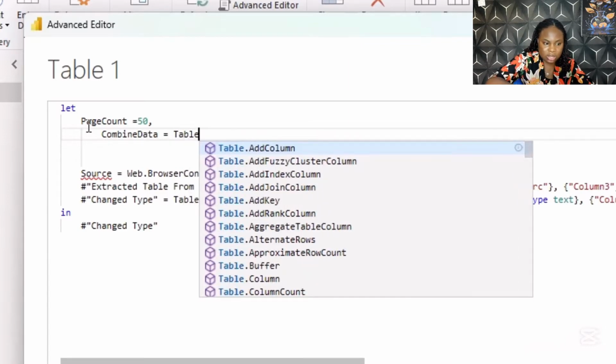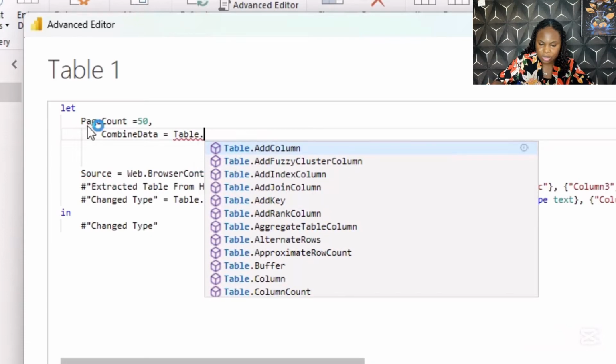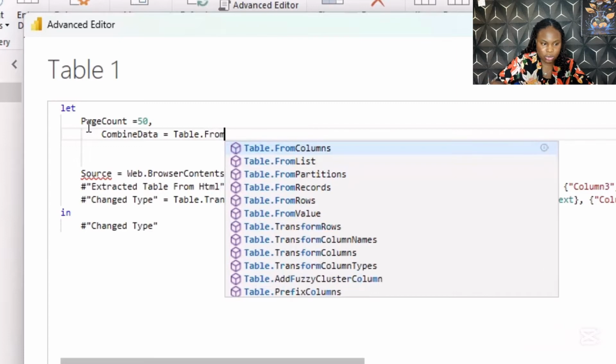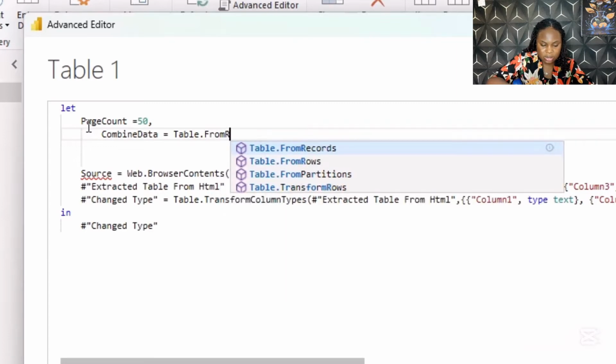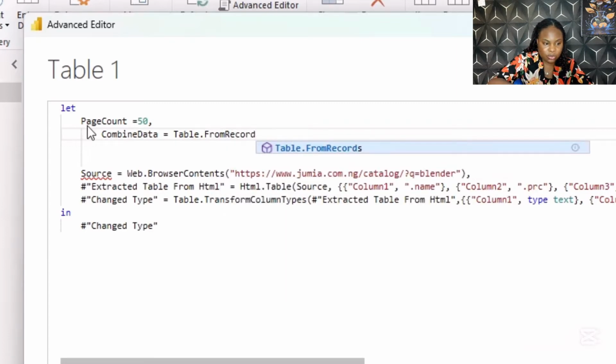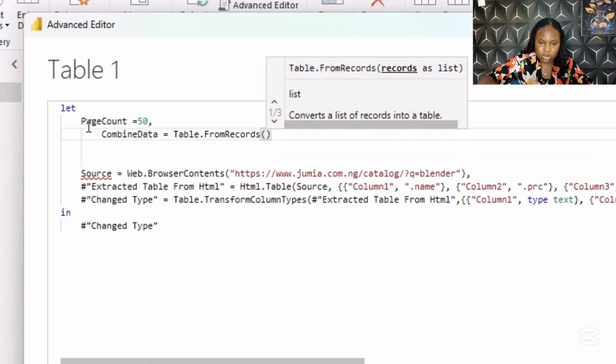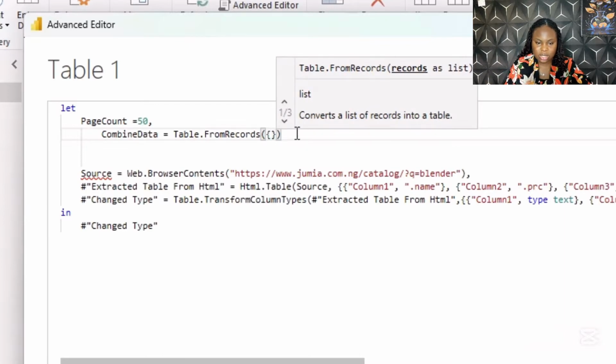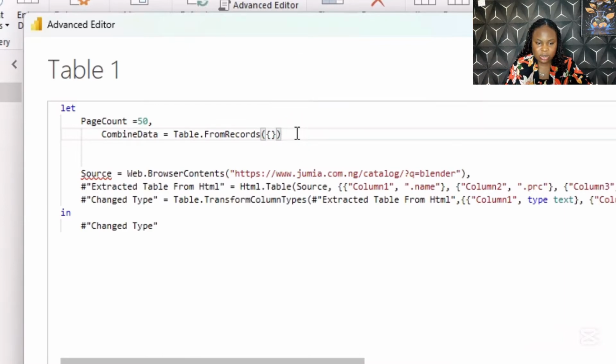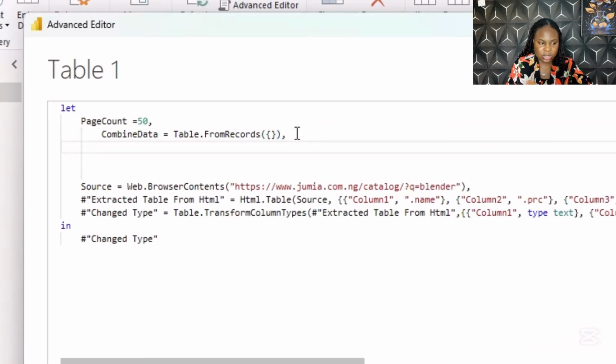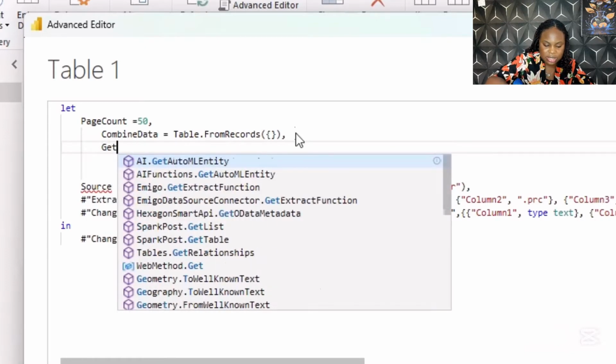So combined data equals to table. In case you don't understand this code, this code is the same for all the websites you want to scrap. So in case you don't understand it, you can just copy the code. Okay, so combined data equals to Table.FromRecords. So we're going to go in with a comma, and then we'll click on enter, and then we're going to write